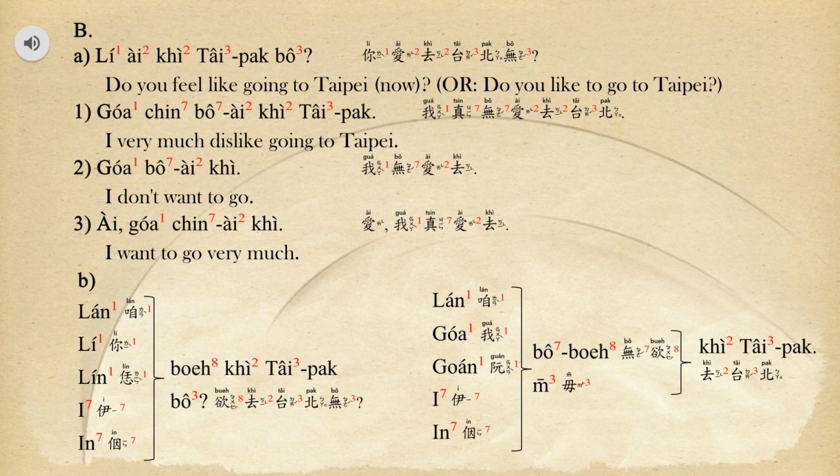B. 你愛去台北無 Do you feel like going to Taipei? Do you like to go to Taipei? 我真無愛去台北 I very much dislike going to Taipei. 我無愛去 I don't want to go. 愛 我真愛去 I want to go very much. 恁要去台北無 阮無要去台北 阮毋去台北